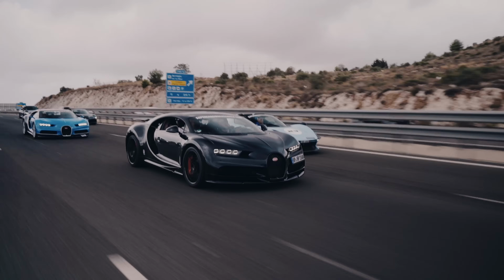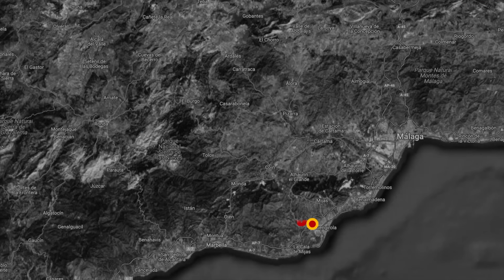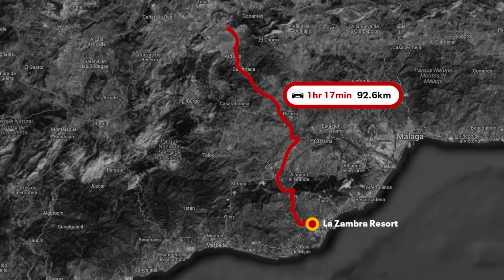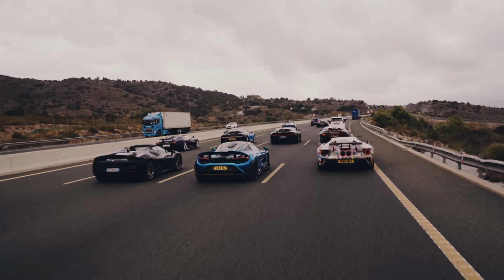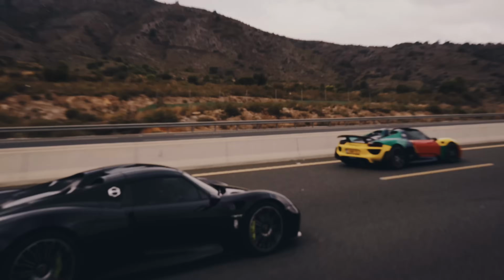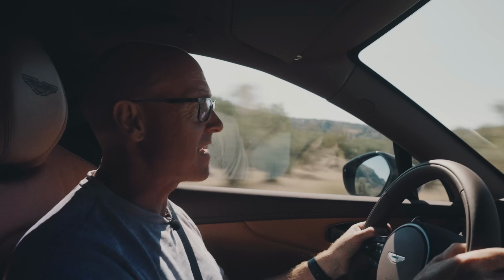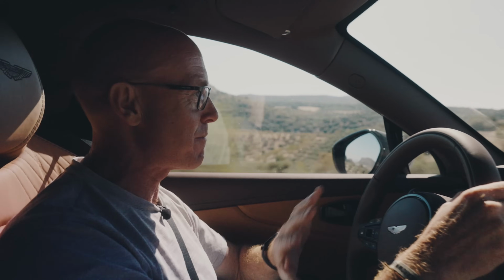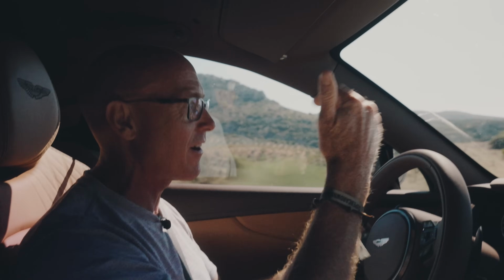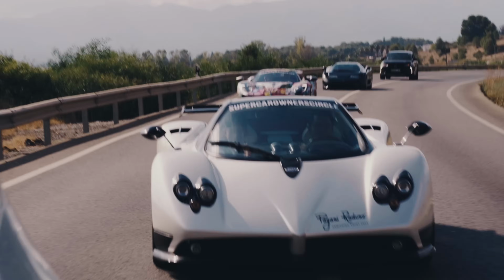Brimmed with fuel, we headed inland for Andalusia's hills and mountains, trying to keep the supercars in sight. We had a destination to head for though, and a suitably exciting one. Ascari Race Resort. So what you're looking at here is a complete travelling circus. I thought we'd be all together, there'd be like 35 supercars in a row with us in the DBX at the back. But actually,